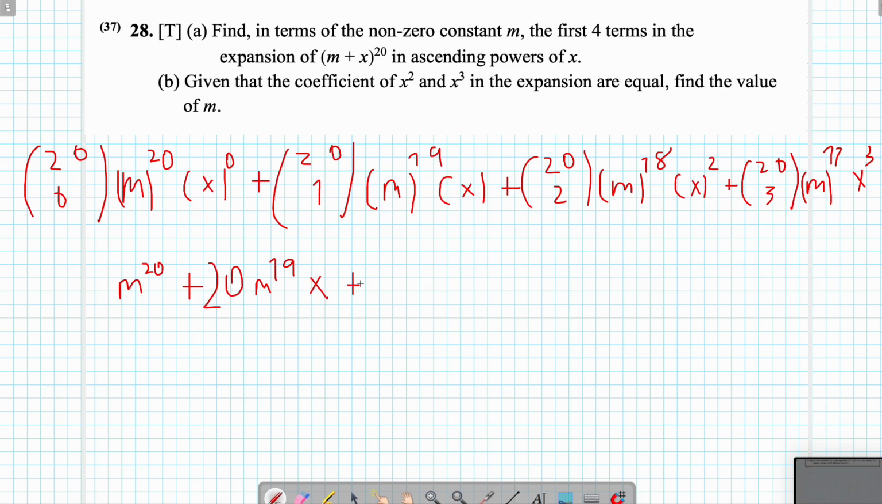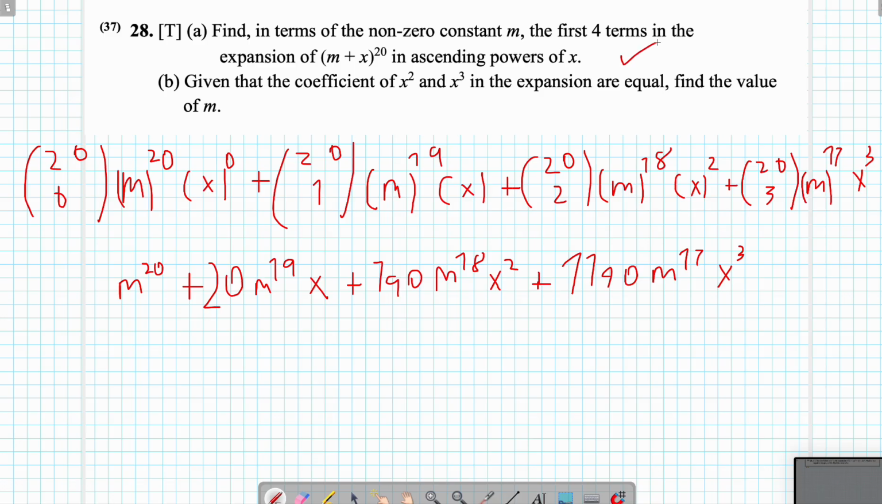plus 20c2, which is 190 m to the 18 x squared, plus 20c3, which is 1140 m to the 17 x cubed. So now that we're done with this,